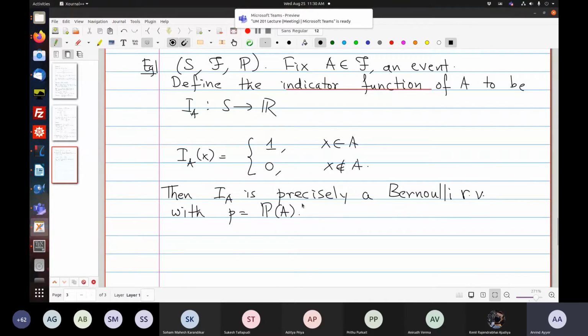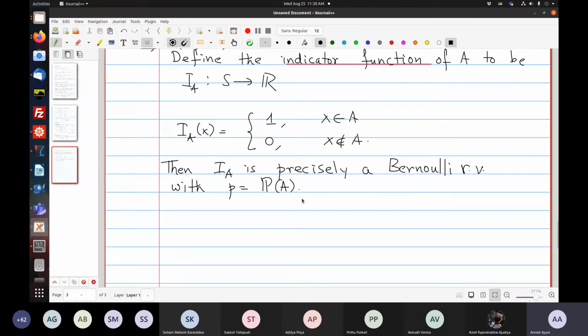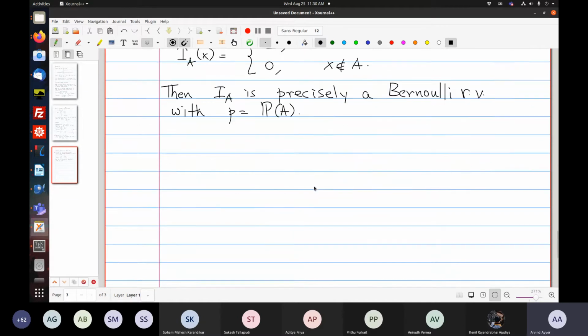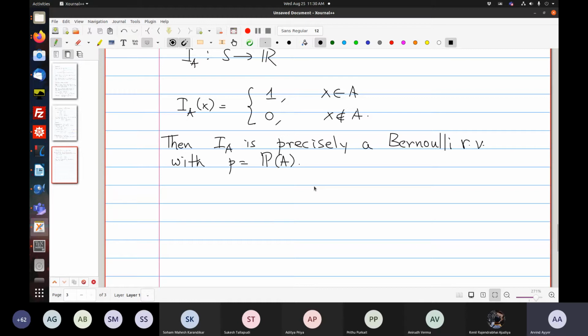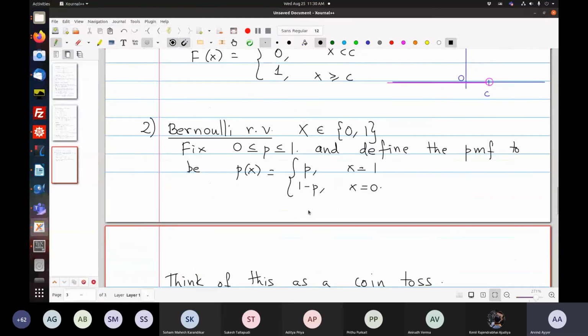So let me stop with discrete random variables for now. We are at the halfway mark, so this is a nice point to move on. As I said, there are many important families of random variables, and we will be spending a lot of time on them in the coming days. But for now, let me move on to another important class of random variables. Now is where a lot of subtlety will start. But are there any questions about discrete random variables so far? Oh, maybe I should do one more thing.